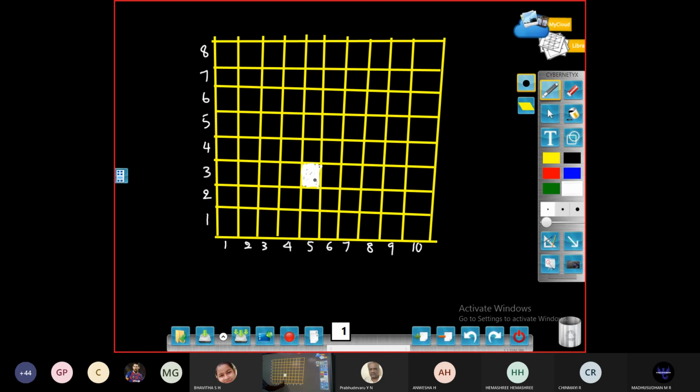See, from here, from the left edge, what is the distance? Fifth column you should go. This is column and this is row. So first we need to go: which column do you have to go to? You should know two reference points. From the left edge, which column? Fifth column. You need to go from left to right and know which column it is.